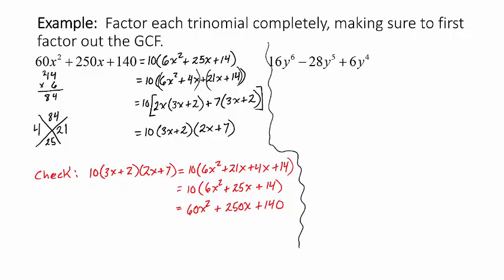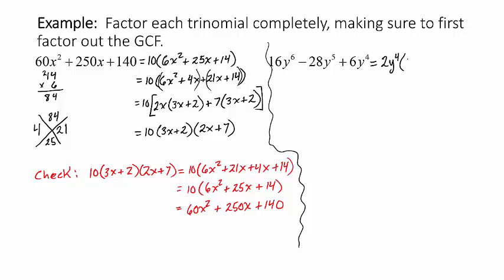All right, so now we're going to look at this next example of 16y to the 6th minus 28y to the 5th plus 6y to the 4th. So first I'm looking at the numbers. 6 does not divide 28 or 16, but its factors are 2 and 3. All of these numbers are even. 3 does not divide 16 or 28, so let's go with 2. We can factor a 2 out, and then amongst the variables, we can pull out a y to the 4th, right? That's the lowest power, so